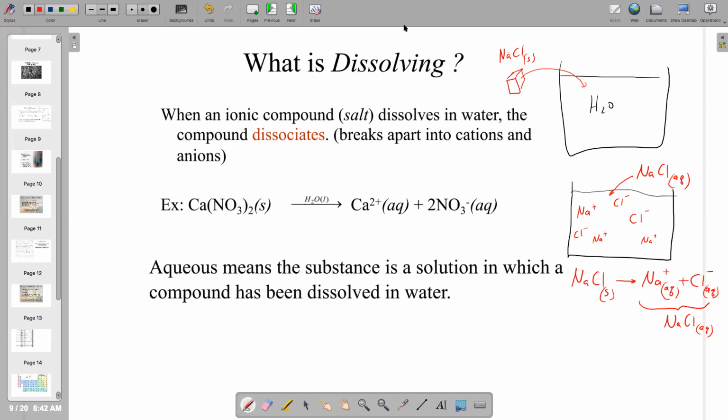Now, not all ionic compounds dissociate when you put them into water. There are ionic compounds, and lots of them, that when you put them into water, they remain as those solid ionic compounds. So how do you tell the difference between whether something is going to dissolve or not, or whether it's a solid or not? In a number of reactions that we did last week, you mixed some things together, saw chemical reactions take place,